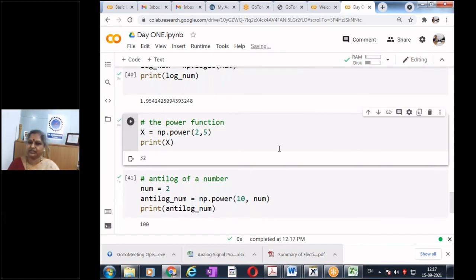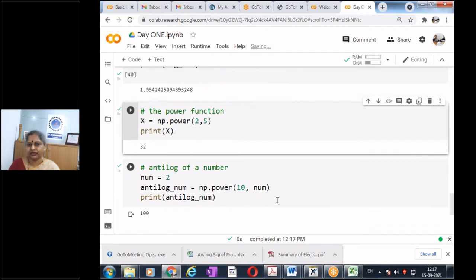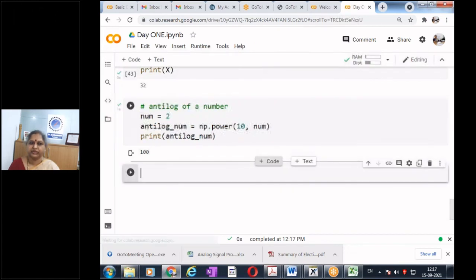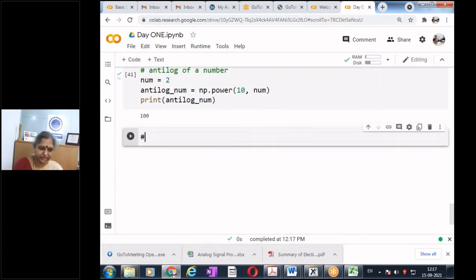So we are using this function to compute the anti-log of a number: the anti-log of a number is 10 to the power of this. This was base 2. Suppose I want to do base 2. Can someone tell me logarithm base 2?